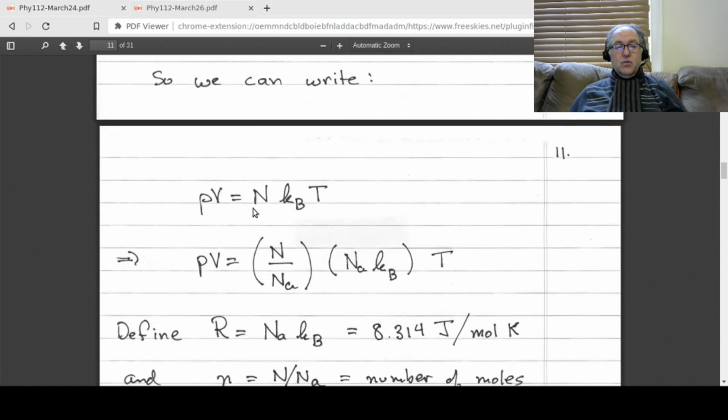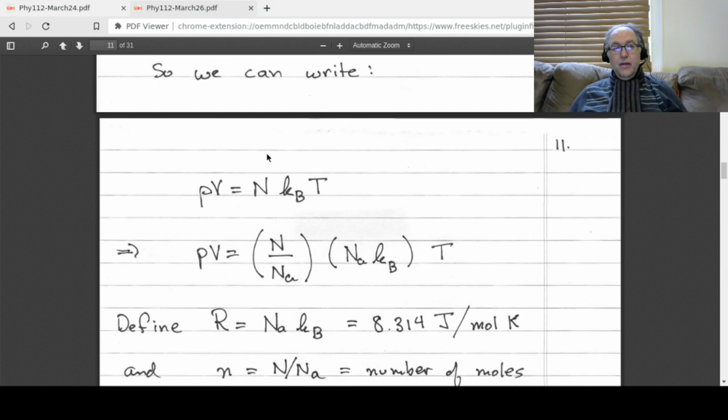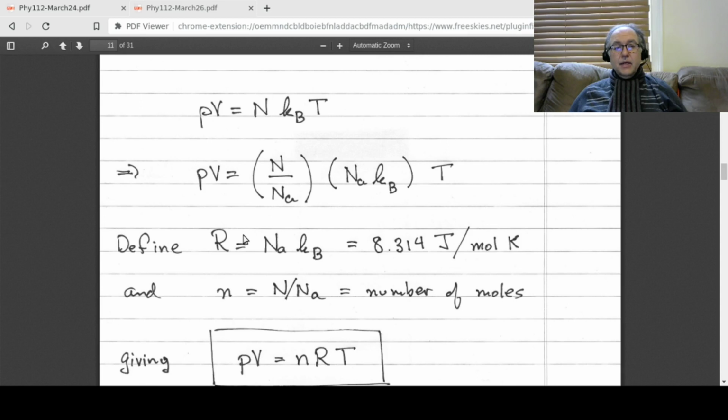Now, let's use that in our ideal gas law, the way we have it. So we had PV is equal to N k_Boltzmann times T. Let's divide and multiply by Avogadro's number, which is N_A, that's that 6.02 times 10 to the 23. So there you can see that I took the capital N and I divided by Avogadro's number, and I also took Avogadro's number and multiplied it by k_Boltzmann. And I get that R, which is the ideal gas constant, is just going to equal Avogadro's number times k_Boltzmann, which is just going to equal, in MKS units, 8.314 joules per mole Kelvin. Okay, so this is your R,